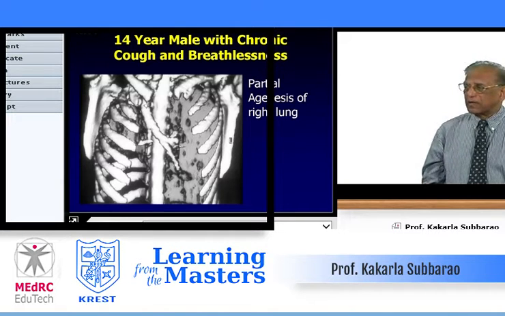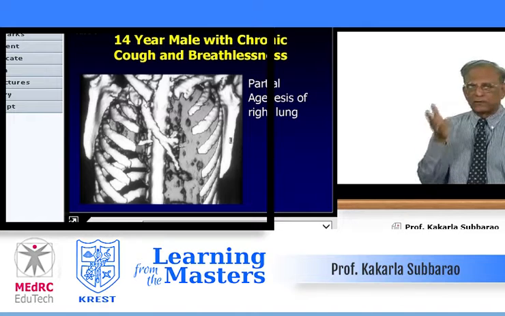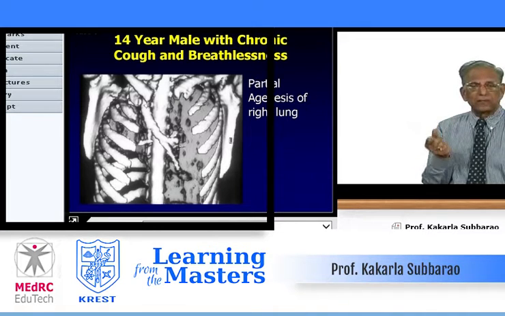And then case number 8, partial agenesis of right lung. 3-dimensional view of the chest. You could see the trachea beautifully. You could see the left bronchus and branches. Right bronchus is atretic. The right hemithorax is small. Classical of partial agenesis of the right lung because of the bronchial atresia. It's not complete atresia. Bronchial stenosis. A little bud of the lung is present.